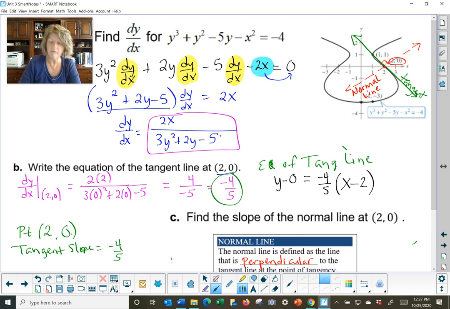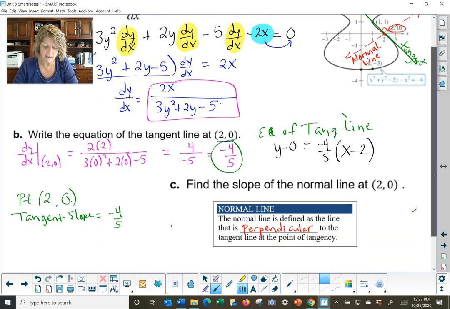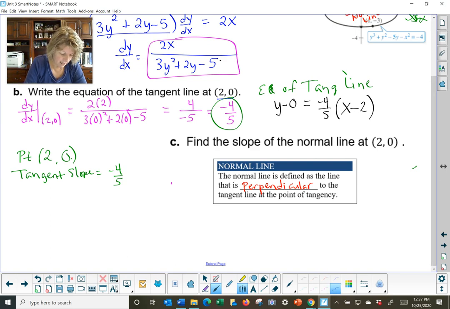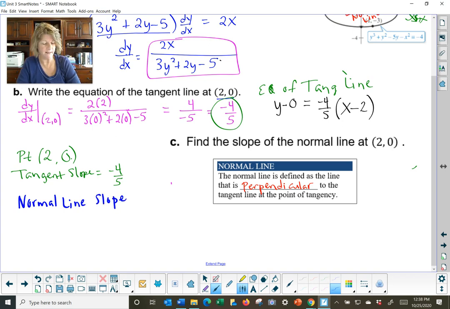Now, without me even telling you, I would expect you to be able to create a perpendicular slope. Have you done that in previous classes? Absolutely. So, drawing on previous knowledge, we want to get the normal. I'm going to write normal line slope rather than just saying normal slope because that's kind of vague. The normal line slope runs perpendicular to it, so it is opposite reciprocal